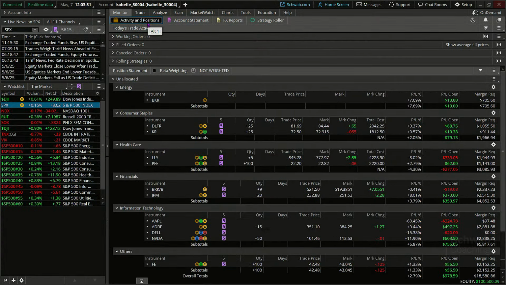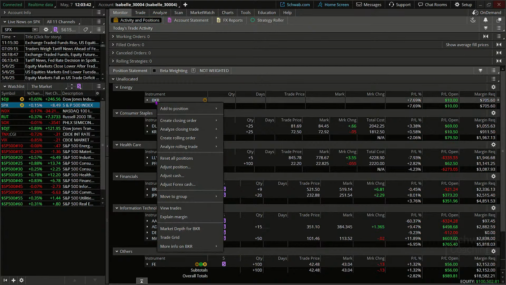In here, you can see that I've got those broken down into sector relationships. But if you are looking to make an alteration, you can go in with a right click in any one of your individual positions, and you can say reset all positions here.